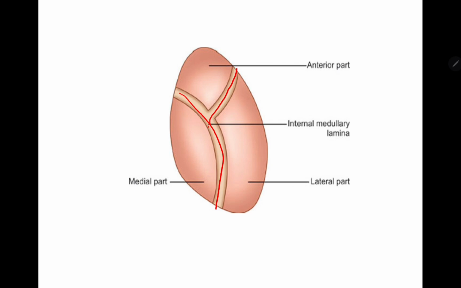Inside the thalamus, you can see three main parts. The anterior part, the front section. This is the anterior part, the front section. It handles memories and emotions, right? Next is the medial part. This is the medial part, the inner section towards the midline. It deals with emotions and alertness.